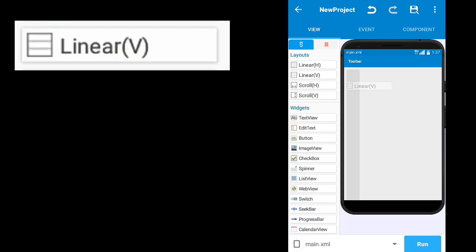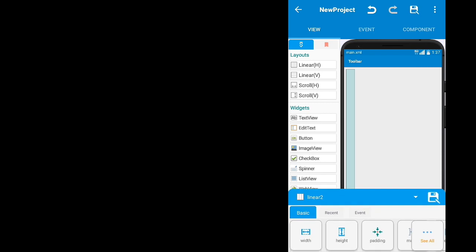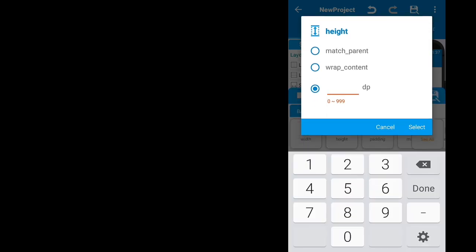After that, take another linear B layout. This layout must be smaller than the previous one. Select the height to the required size.